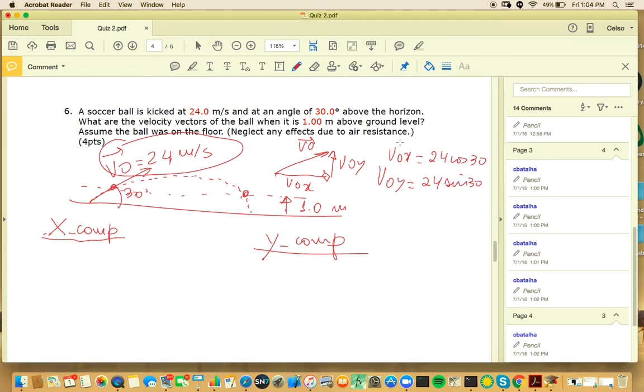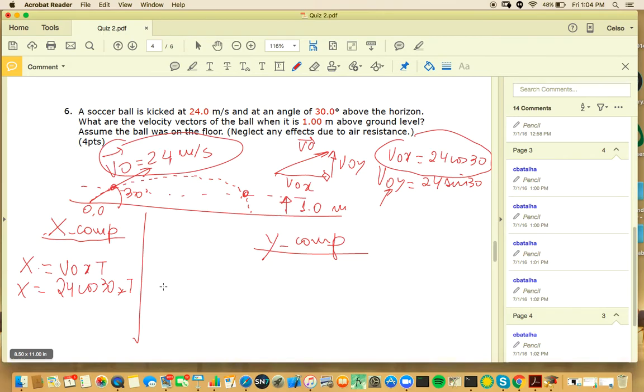And another characteristic of projectile motion is v naught x is always the same. What changes is your v naught y. So the only equation you have here is x. And let's set the initial 0 for x and 0 for y. So x is equal v naught x t. So x is equal 24 cosine of 30, whatever time it is. So that's the only thing I have in x. In y,